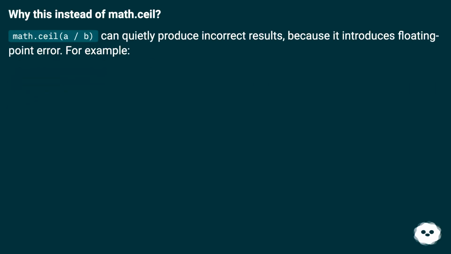Why this instead of math.ceil? Math.ceil(a/b) can quietly produce incorrect results, because it introduces floating point error. For example,